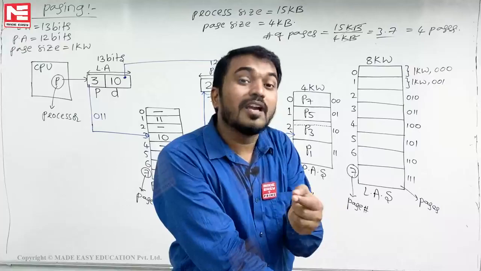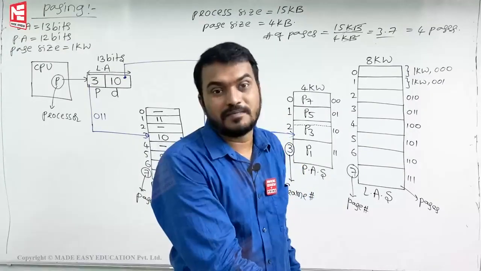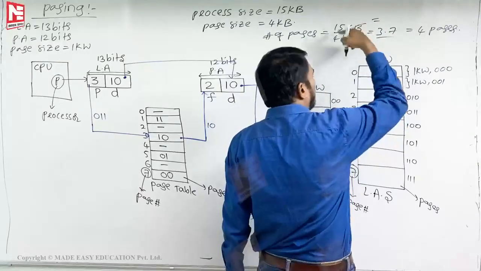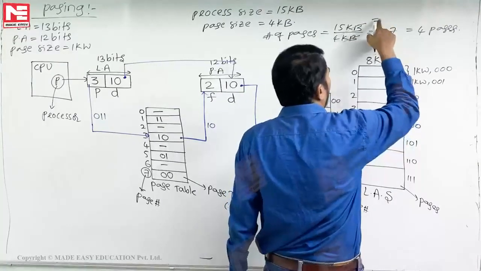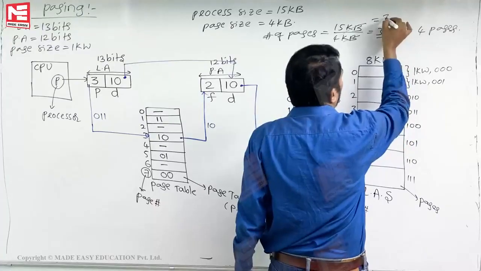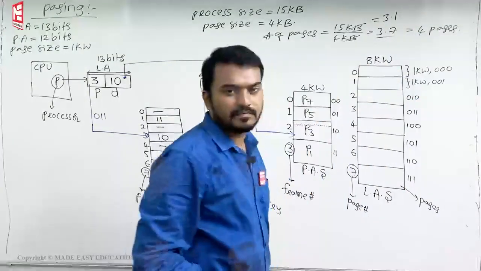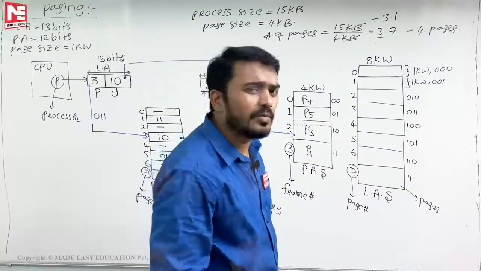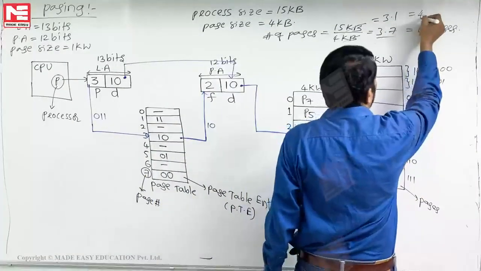30% will be empty, okay, खाली रहेगा. Internal fragmentation. And next, ध्यान से सुनो, अगर ऐसे ही मैं divide करे example, तो मेरे को 3.1 आया. 3.1 pages आया तो भी कितना pages लेना पड़ेगा, 4 pages ही लेना पड़ेगा।